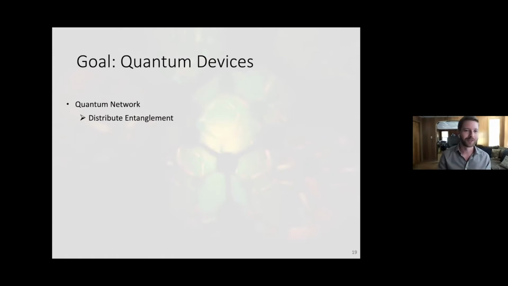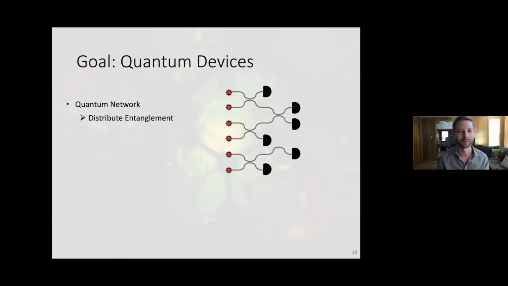And so now we want to put this into a device system or a scheme. And so we're trying to build something for a quantum network so we can distribute entanglement among any 2 nodes in the system. And so we can take our 2 nodes, just as we saw before, and our detectors, make a copy of that, and then merge these 2 together. And with this kind of scheme, each of these 4 nodes now has all-to-all connectivity. They can talk to any other node in the network, and we can keep playing this game and extend the network to be larger and larger.